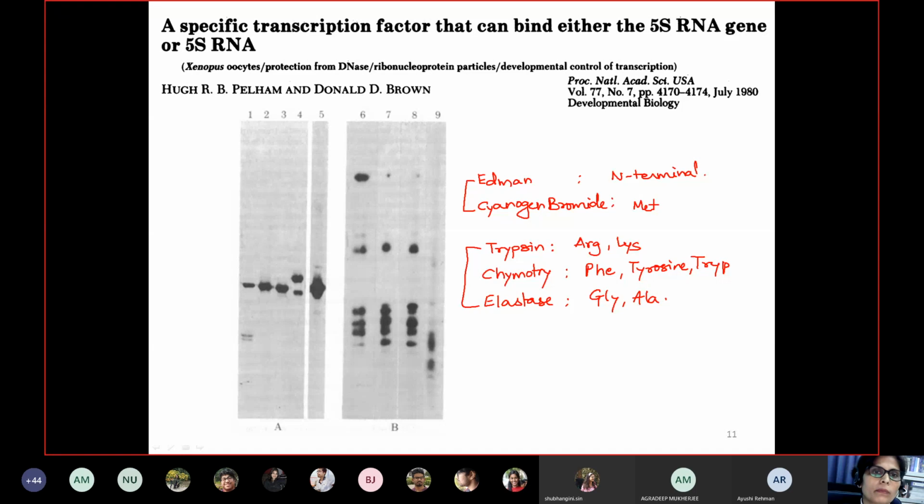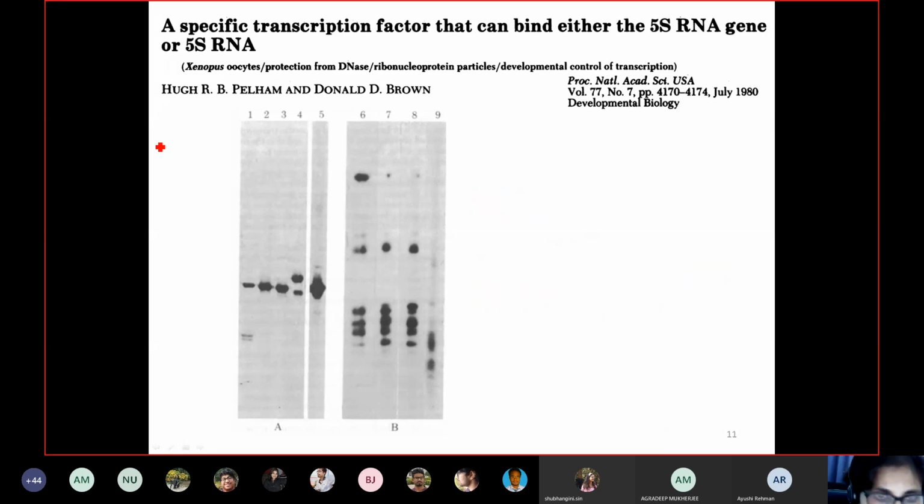With that map, you are able to find out how big your chains are and where exactly these proteins are coming from. Not exactly the sequences, but more or less you find out how many lysines, how many methionines, and how many glycine, alanine, these kinds of amino acids are present in your whole polypeptide chains. So these things are used in your assays.